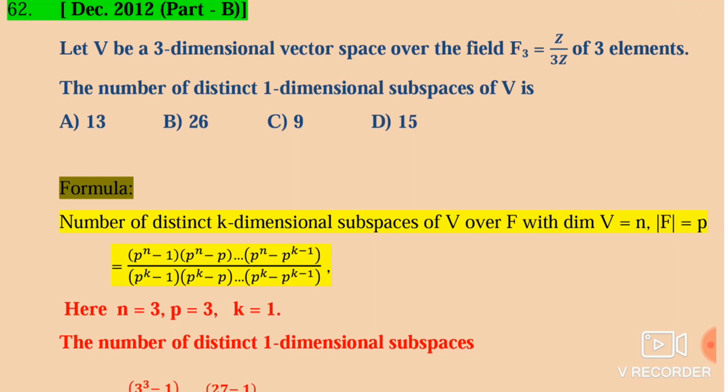So start with P power n. In the first places, in every factor, P power n is there. In the second place, 1, which means P power 0. And then the second bracket P, which means P power 1, up to P power k minus 1. For the denominator, replace n by k in the numerator and you will get the denominator. So இந்த மாதிரி ஞாபகம் வச்சுக்கோங்க. P power n ல ஸ்டார்ட் பண்ணுறோம். ஃபர்ஸ்ட் பிளேஸ் எல்லாமே P power n தான். And then first bracket ல first entry வந்து 1.